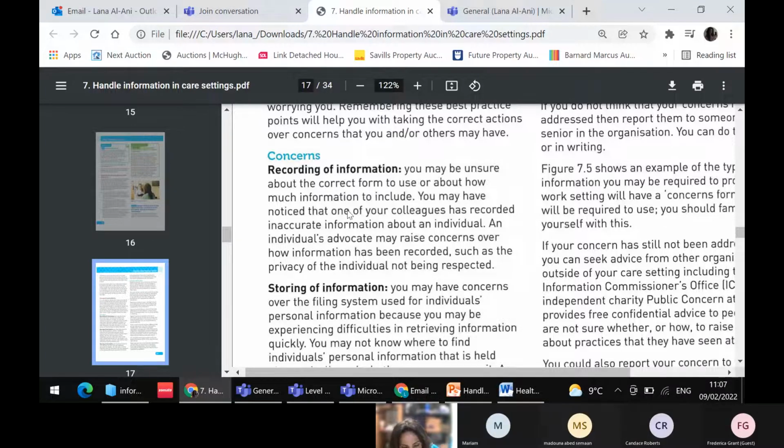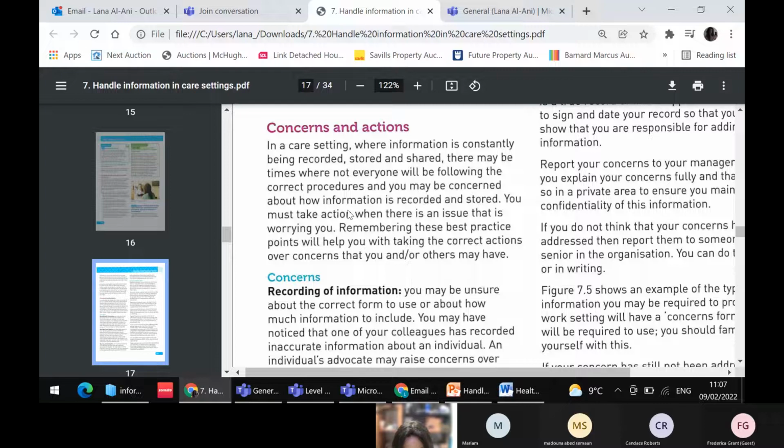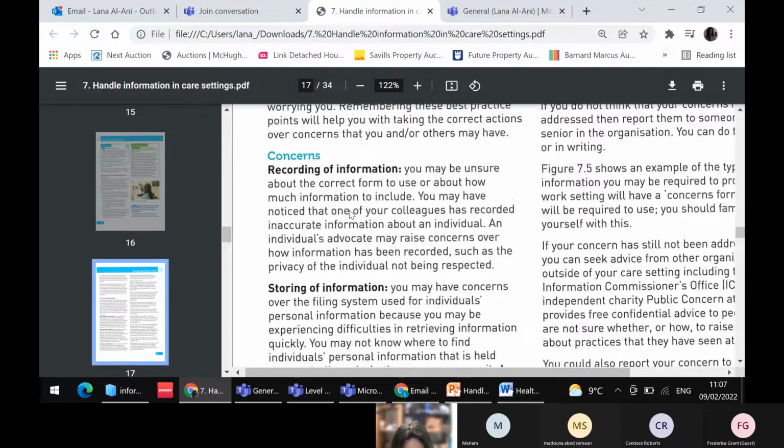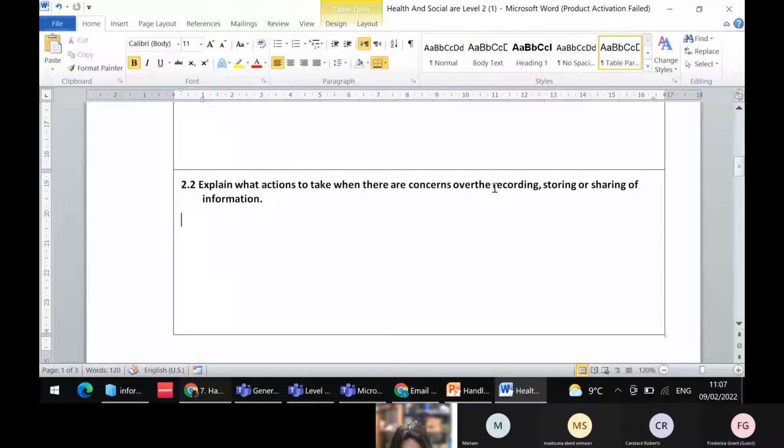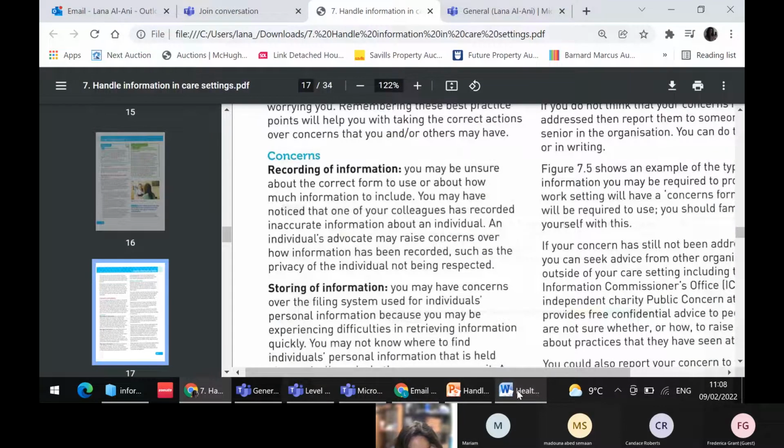So the concerns, because in the question you have three. When your concerns are over the recording, storing, and sharing. So that's the third one. So each one of these has different concerns. So the concerns, recording of information, you may be unsure about the correct form to use or about how much